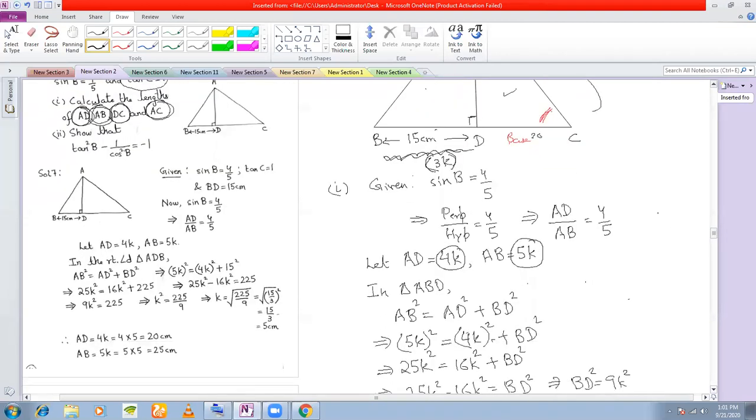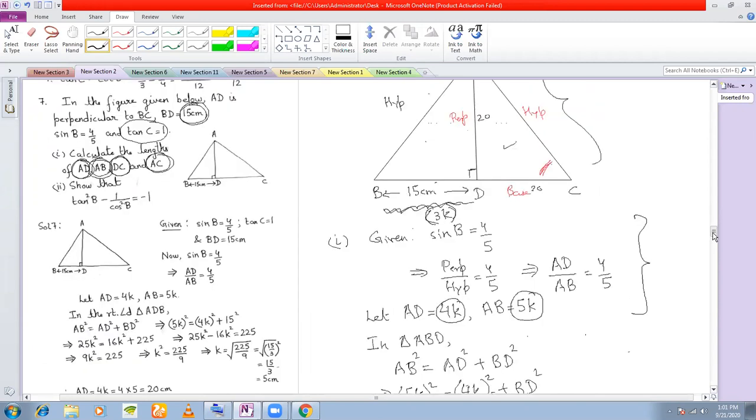Now remember, this technique is very, very important. I will use this in the coming problems also. Because this technique we use, if a trigonometric function is given to you, you can find out all the other trigonometric functions. Suppose sine is given to you, then you can find out cos, tan, sec, cosec, cot, anything. If cos is given to you, you can find out sine, tan, sec, cosec, cot, everything. So even if one trigonometric ratio is given to you, you can find all the other standard trigonometric ratios by using this particular technique.